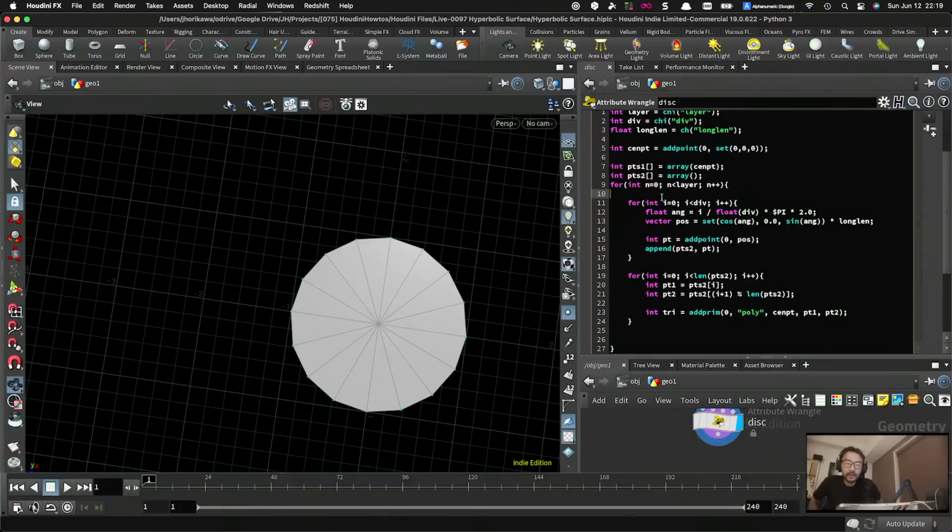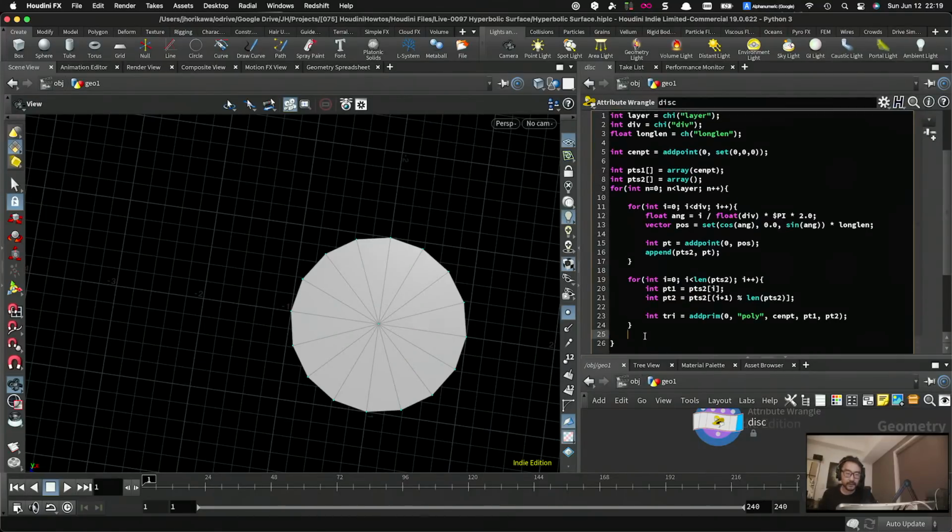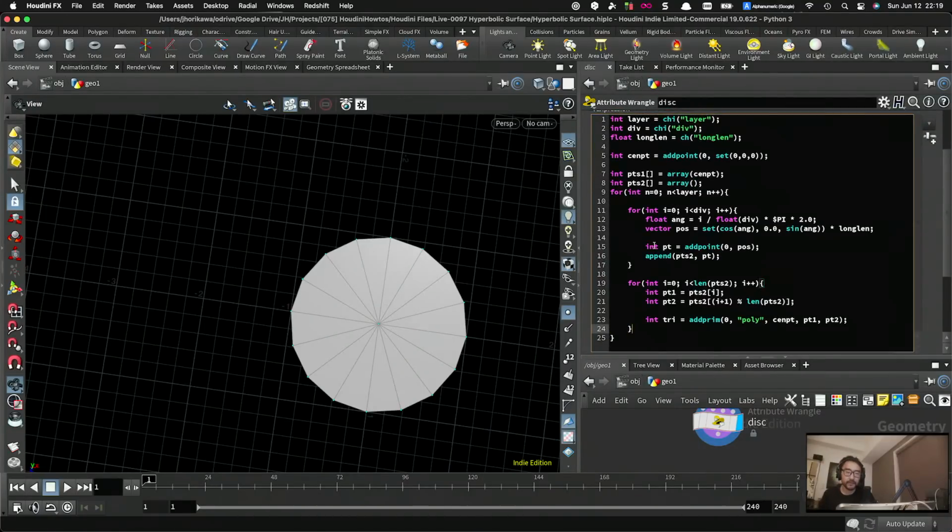And for the PTS2, the initial points could be empty for now. And for an array inside the for loop, what I need to do is to first of all